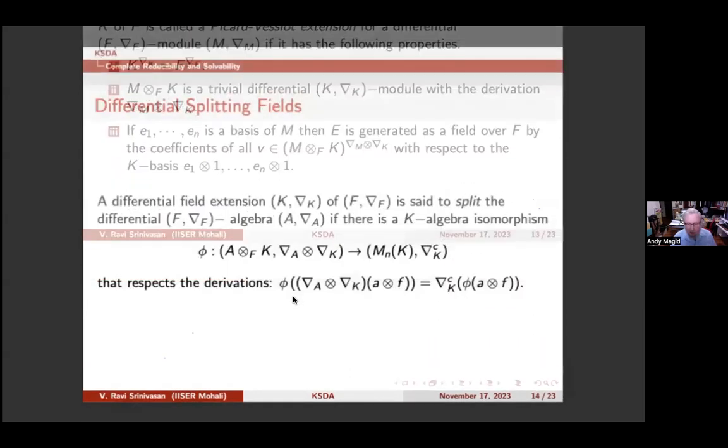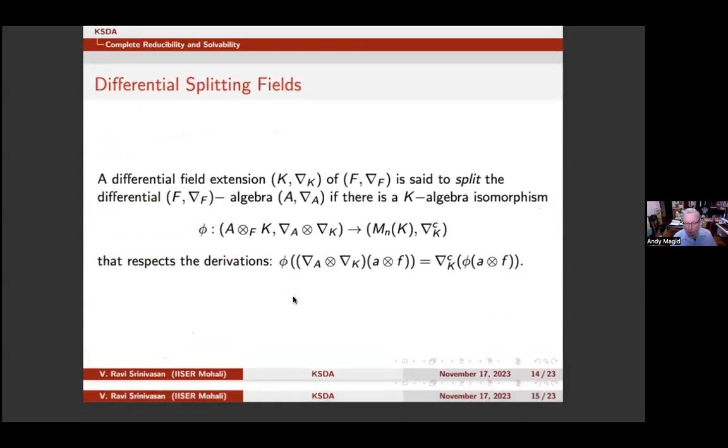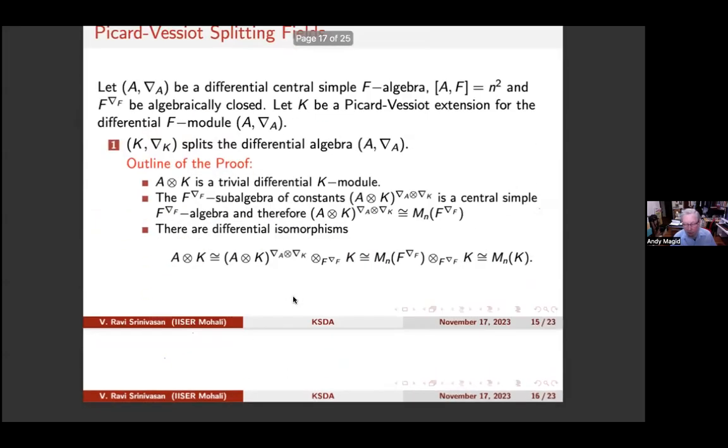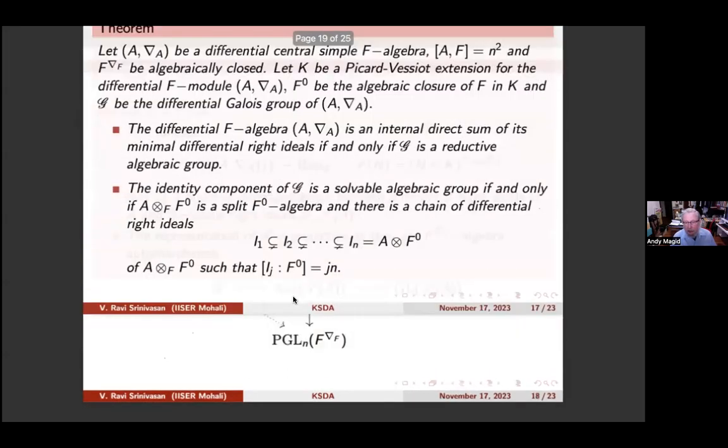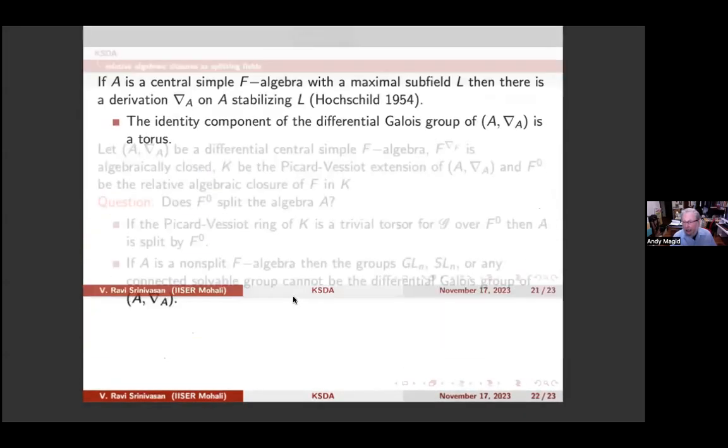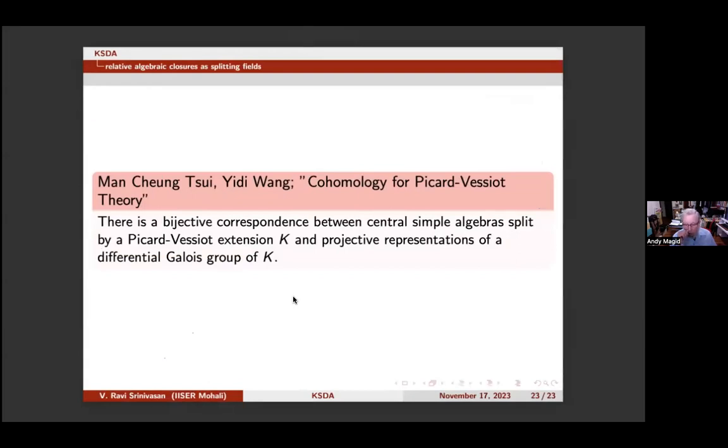I'm sorry, given a differential field and a group over the center, you can find a central simple algebra that has that group as its differential Galois group. In other words, the inverse problem, in terms of central simple algebras, is solved by this Wang and Tsai theorem. Right. But the question is whether